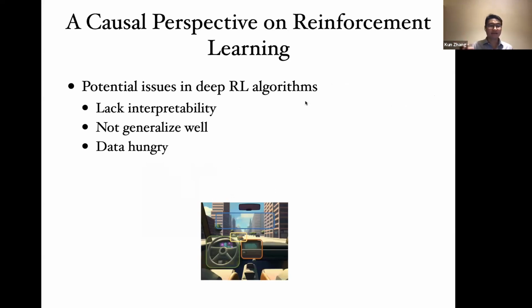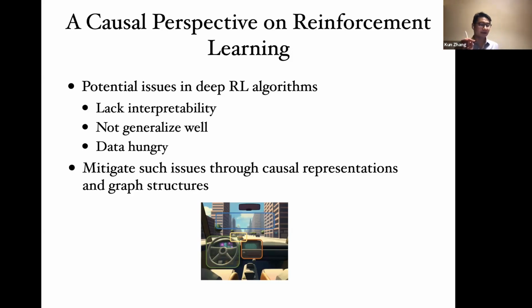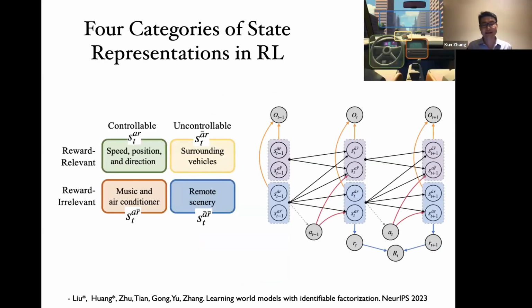So in deep reinforcement learning, we try to achieve interpretability, and we try to find meaningful latent representations, and we try to generalize well, and so on. So as you can see from here, when you drive, you pay attention to other factors, although you cannot control them. At the same time, you want to make it very clear what you can control, and you want to see the consequences of the actions. But we may just have video as input. What can we do? So in this work, we just try to learn meaningful state representations from raw input.